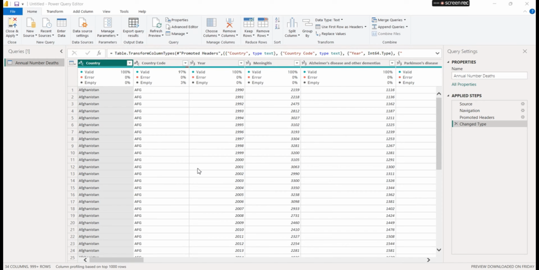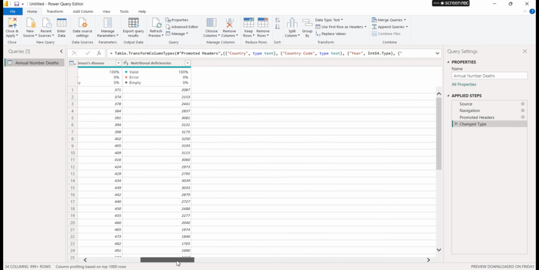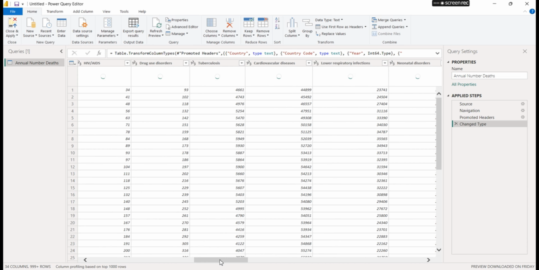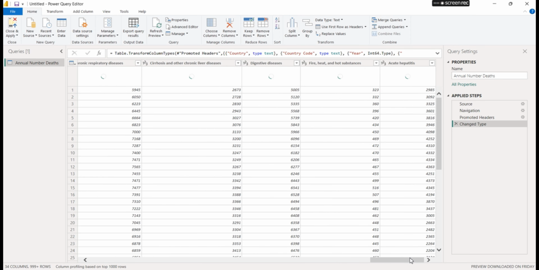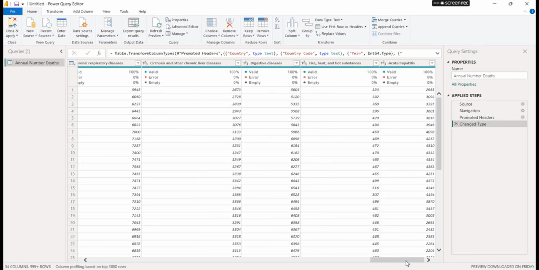All right, so now this is the project that we are working on, and I've already imported the data set. It's the annual number data set that I believe is in the description box below, like already stated, and this is it. So I've imported it into Power Query Editor in Power BI. All right, I need to make some cleaning, some adjustments